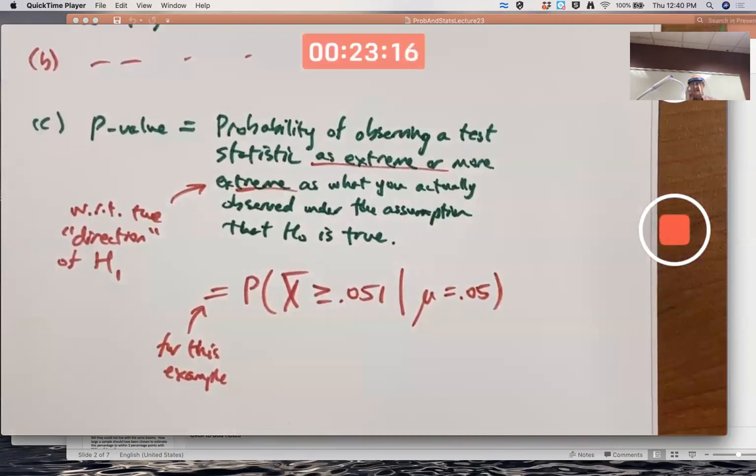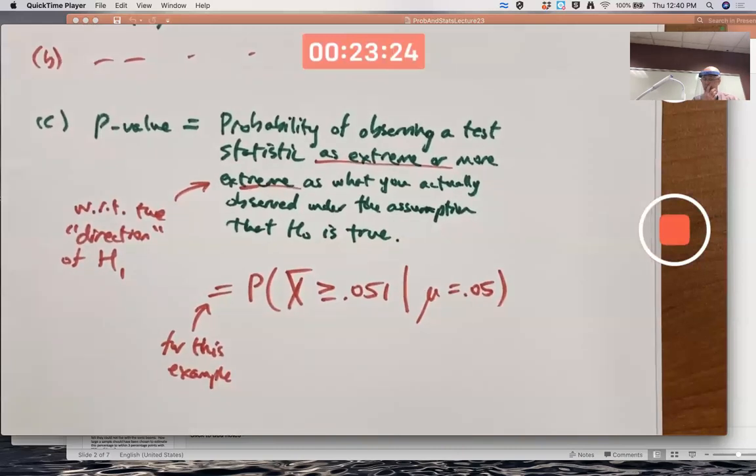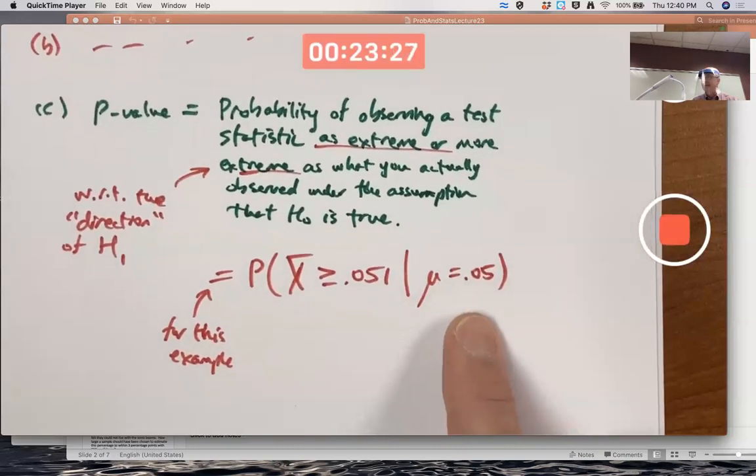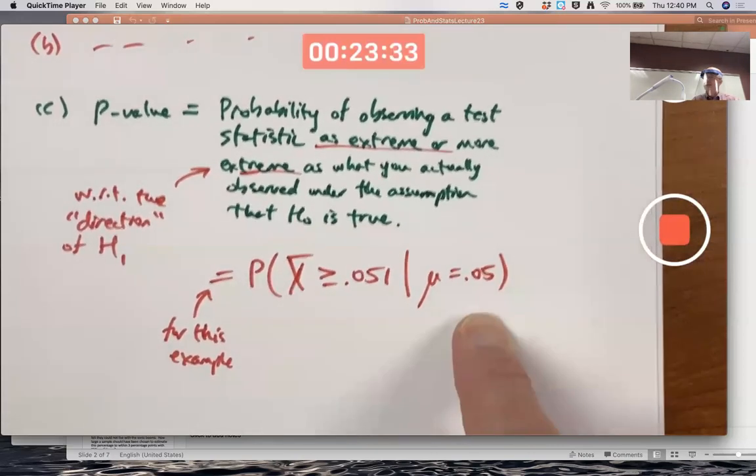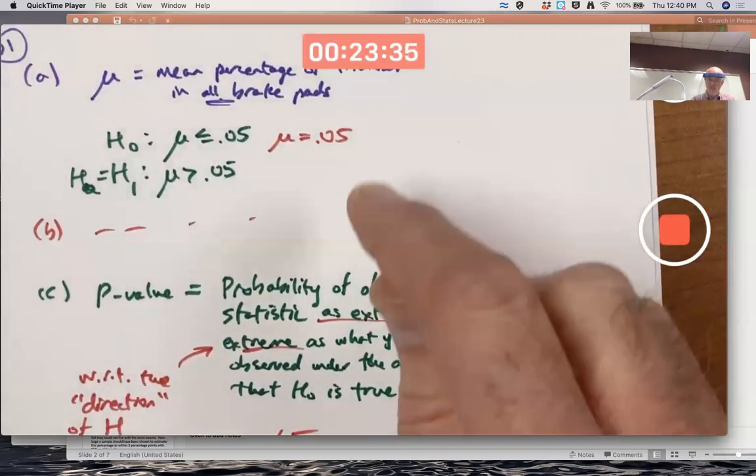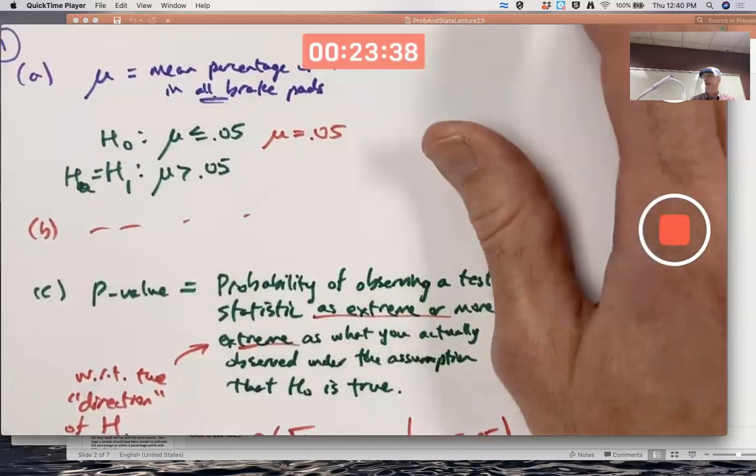What if mu really is less than 0.05? What if it's 0.04 or 0.03? You had a problem related to that concept. And what happens is if mu really is less than 0.05, like 0.04 or 0.03, you actually get smaller probabilities here. So by choosing the boundary value, 0.05, you're making the p-value as big as possible,